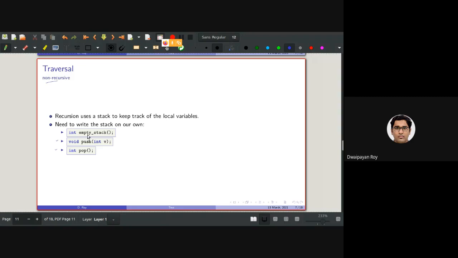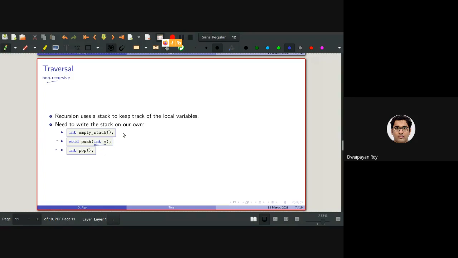So basically, to write the non-recursive version of the function, we will be implementing these operations to make the stack. Now, one thing to note here: I am specifying the data that I am pushing in the stack as int data type. It might not always be the case, as you might have seen in the earlier discussions.